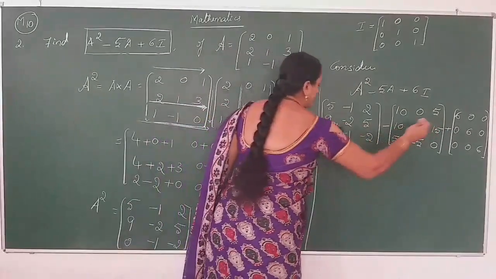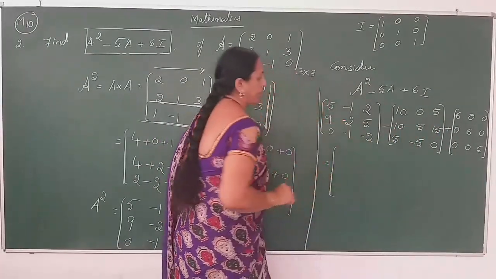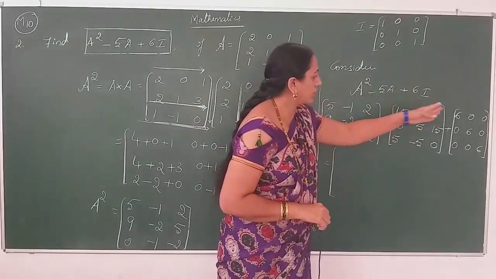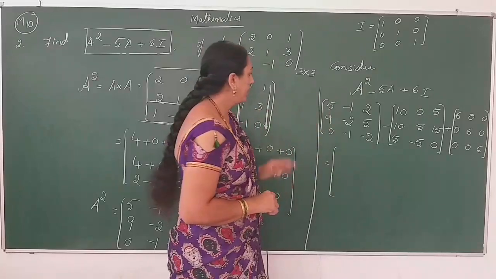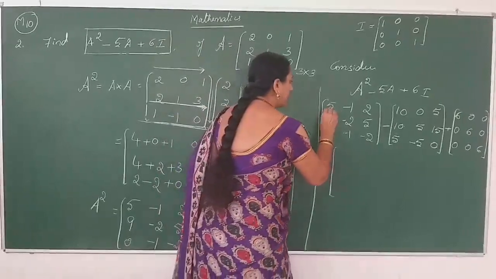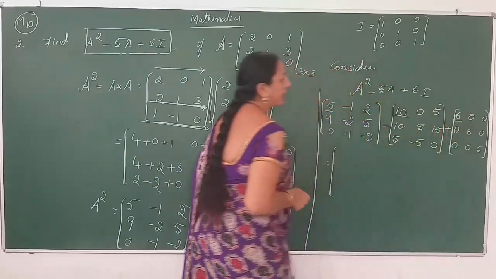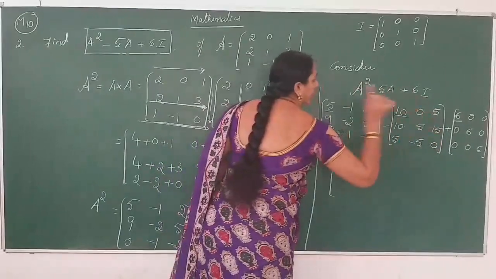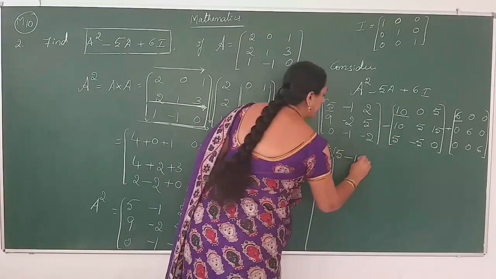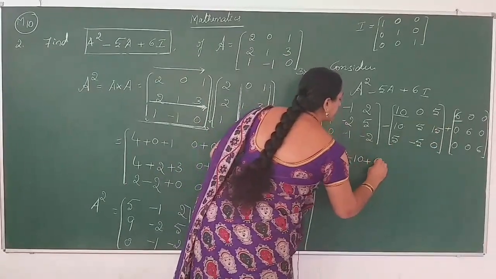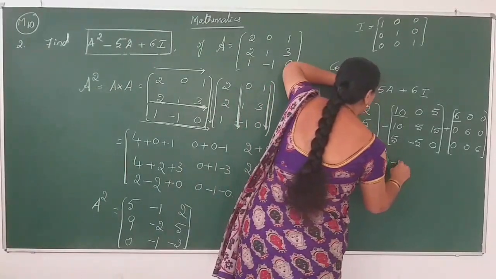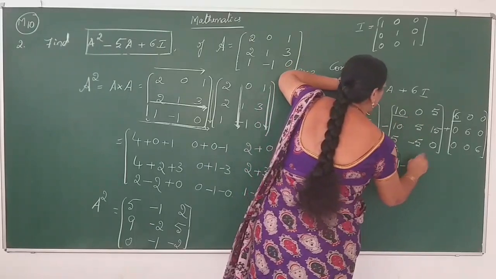Then these matrices are either added or subtracted. The first two matrices are subtracted from each other, then the resultant is added to the third matrix. Otherwise, all three matrices are operated at a time, that is, the corresponding elements are either added or subtracted according to the given symbols. So the first one is 5 minus 10 plus 6. Similarly, the second element is minus 1, minus 0, plus 0.